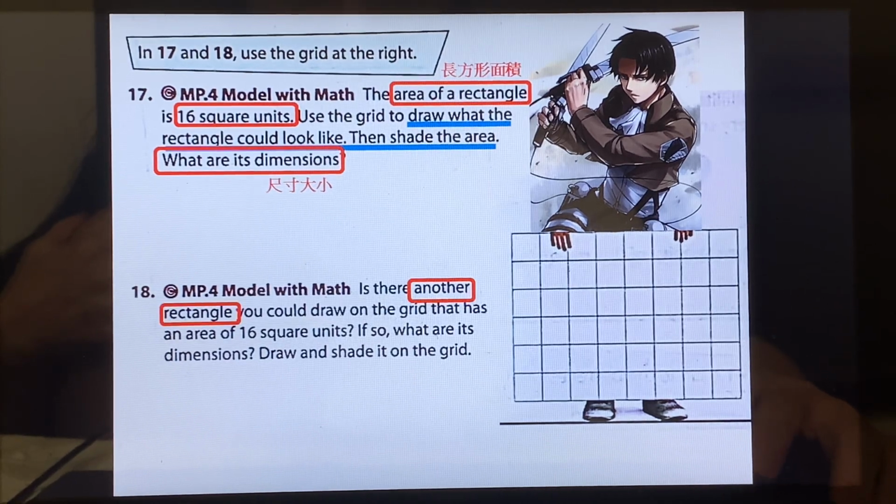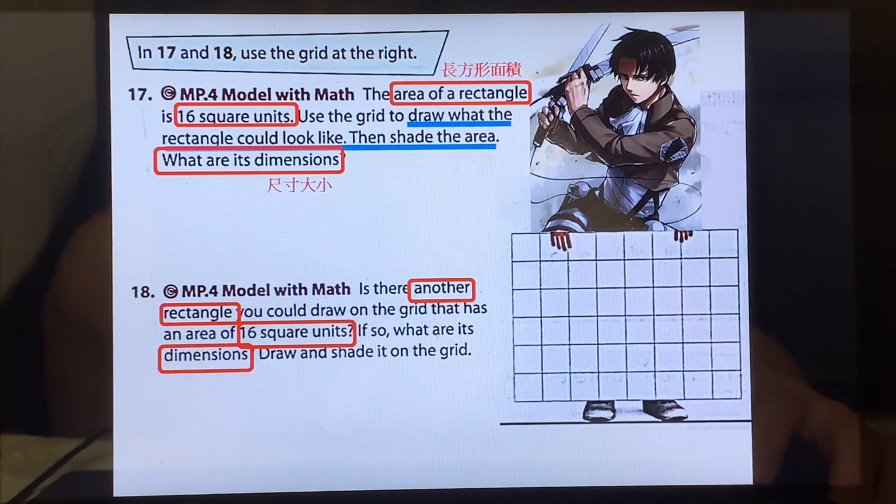18. Is there another rectangle you could draw on the grid that has an area of 16 square units? Could there be another way to draw another rectangle with the same area of 16 square units? If so, what are its dimensions? Draw and shade it. 好，这边在问你说，同样都是16个格子的面积的话，能不能再画出另外一个不同的长方形呢？那它的尺寸大小，长乘以宽又是多少呢？